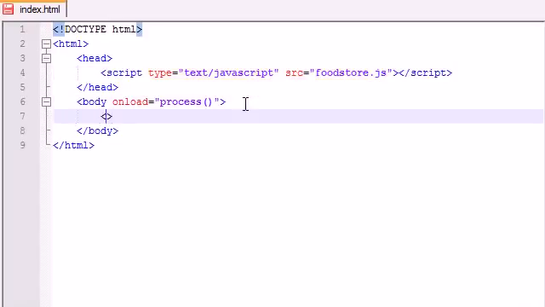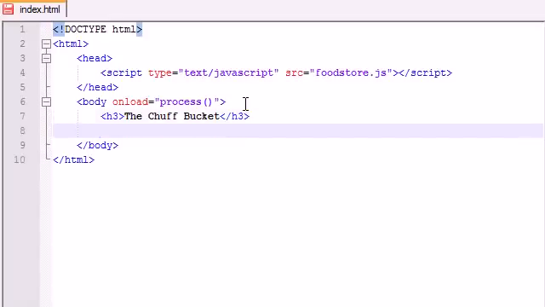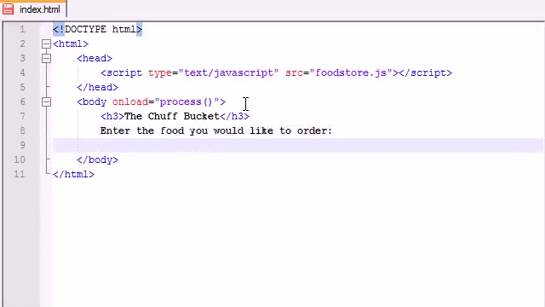So now let's go ahead and get to the good web design part. Heading 3, go ahead and put the title of your store. Mine is named the Chuff Bucket. Very appealing title. I just want to eat food whenever I think of chuffing. So next, go ahead and give the user a prompt. Enter the food you would like to, we'll say order instead of buy. And now, of course, if we gave them a prompt, we want to give them some area, just a little input box to enter that. So the type is just text, and the ID,